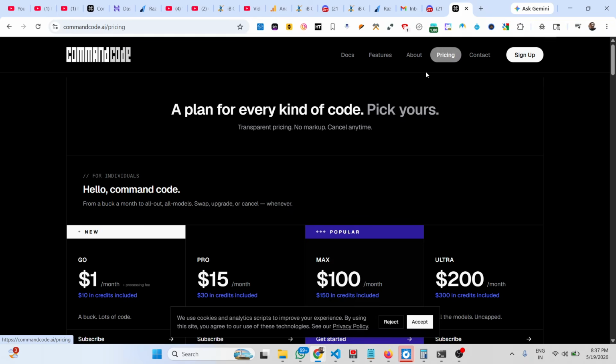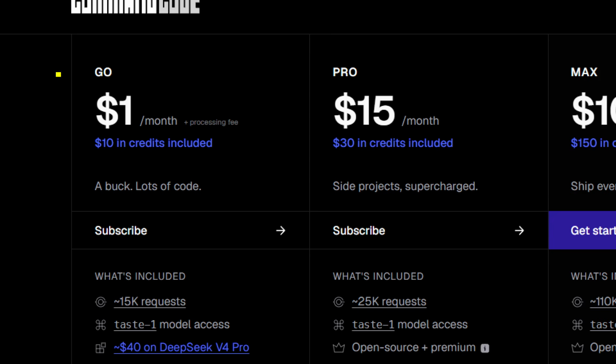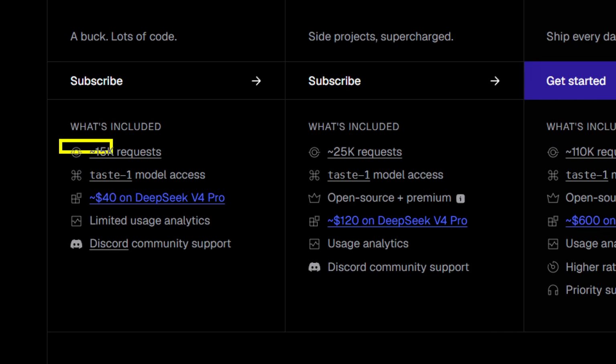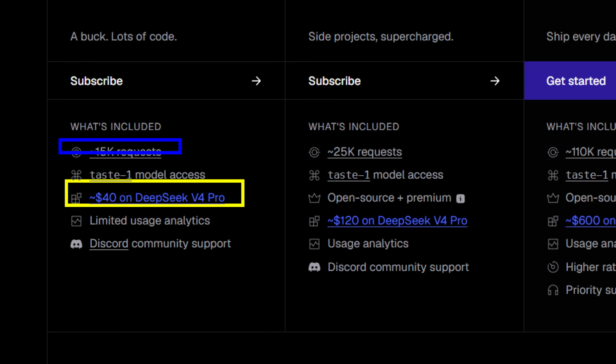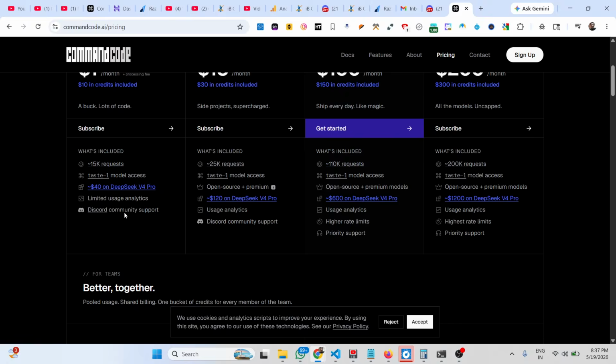If I show you the pricing page, it starts with just $1, and you get $10 in free credits as well, and you get 15,000 requests as you see. You get $40 on DeepSeek version 4 Pro. You also get this as well. So a lot of things you will get inside their paid plan. Just start from $1,